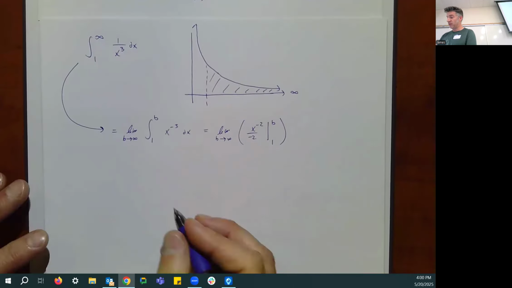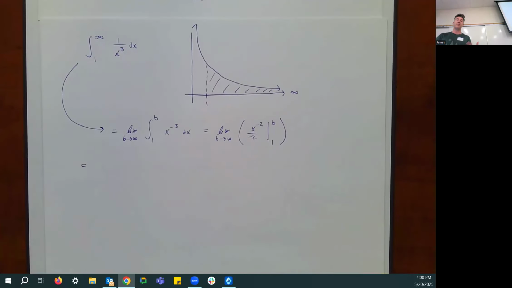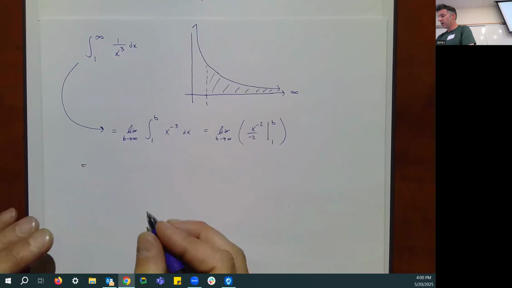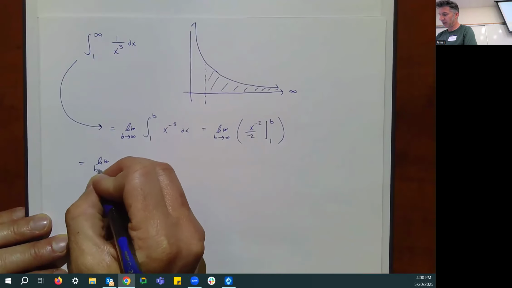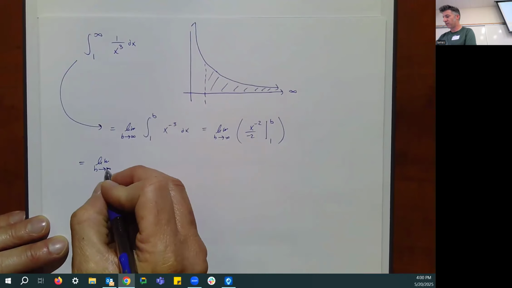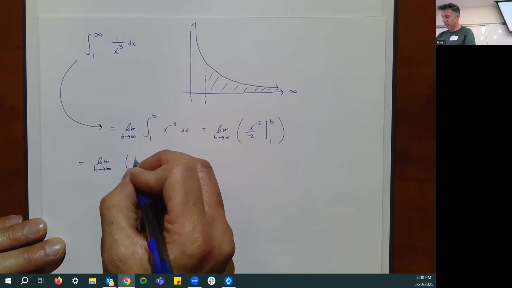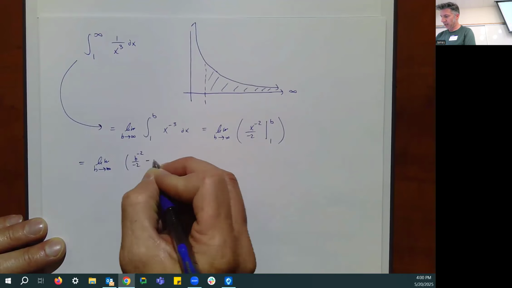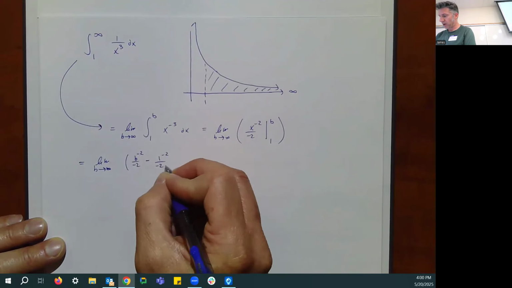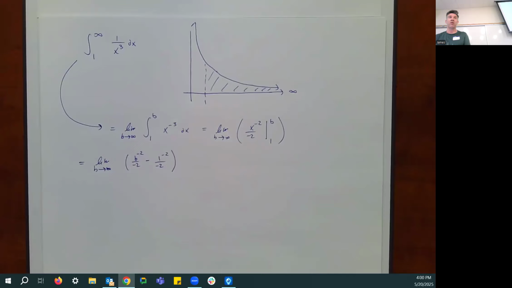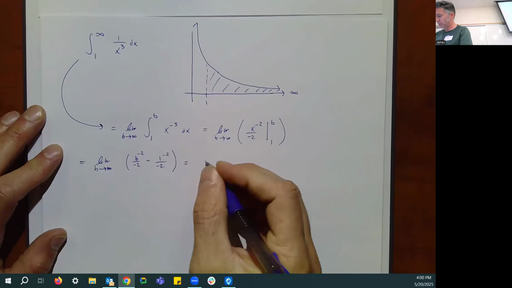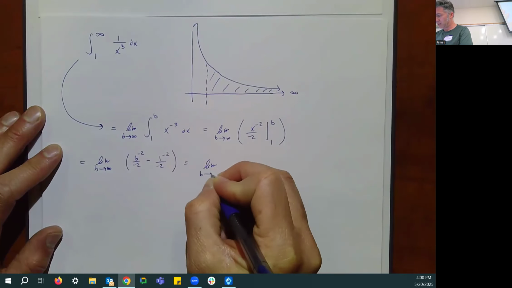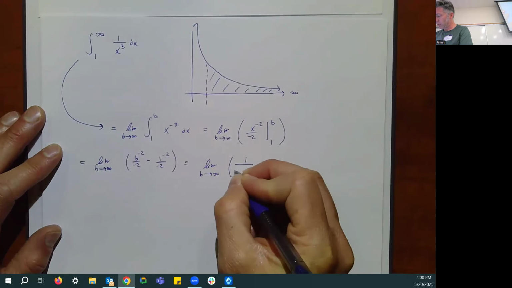Then we're going to plug in our limits of integration, which unfortunately have the same name as a limit. Your limits of integration and the limit as b goes to infinity are different things, but they both are called a limit of some sort. So we still have the limit as b goes to infinity. Now, it doesn't serve us very well to write this as b to the negative 2 over negative 2 minus 1 to the negative 2 over negative 2. It would be much better to write that b to the negative 2 in the bottom as b squared. So I'd much rather write this as the limit as b goes to infinity of 1 over negative 2b squared